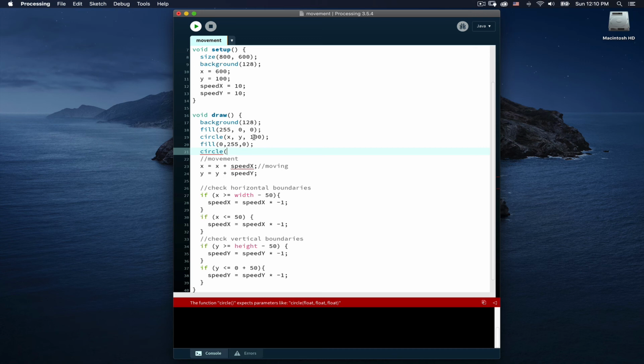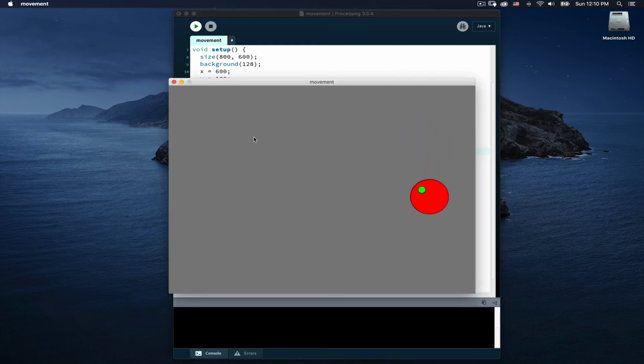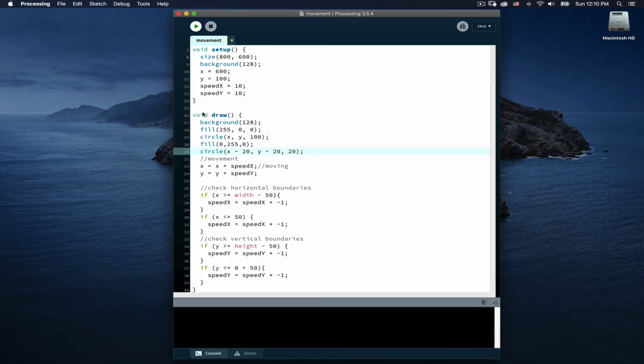So if I want to draw a circle, and I will say it is at x minus 20, y minus 20, and I will make this circle 20 pixels in size. Now if we run this, we will see I now have an additional object. Now if I have two eyes,